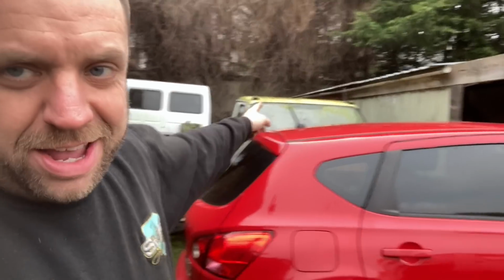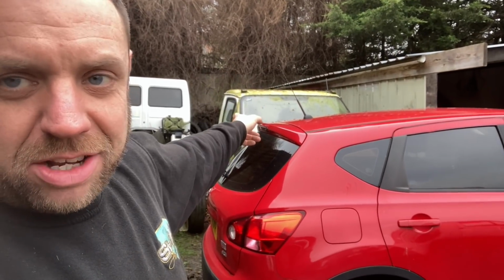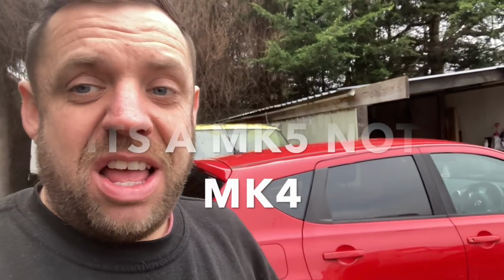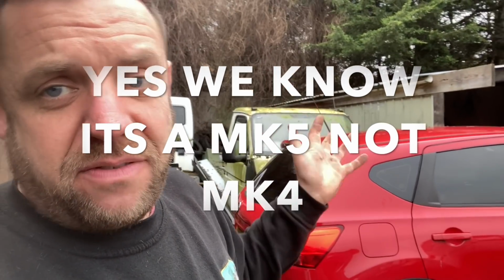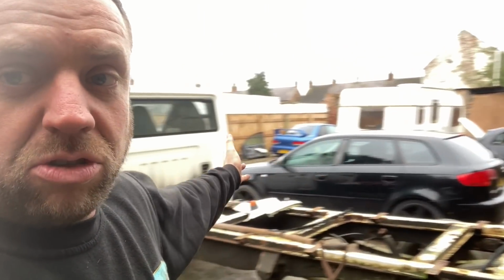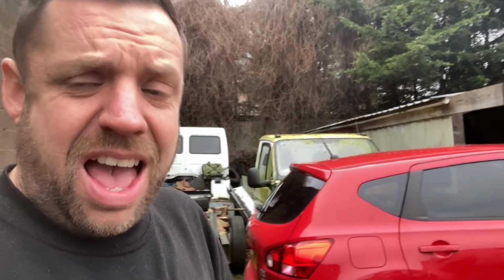And behind there is my Mark IV Transit Turbo. Rare as hell, getting rare as hell, and it's done 80,000 miles. I did start doing it about 5 years ago, but in this space here, all this space used to be our workshop, and tragically I had a little bit of a garage fire, and